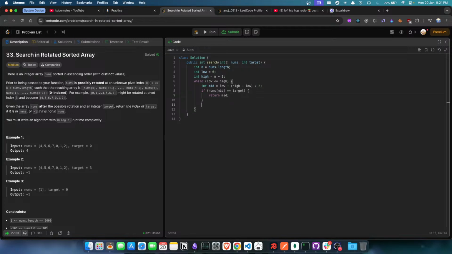Alright, this is one of the cases. What we need to check is, in an ideal scenario, just whether the number is lower than mid or higher than mid. Here we need to check if the part is sorted or not. So if the left side is sorted,